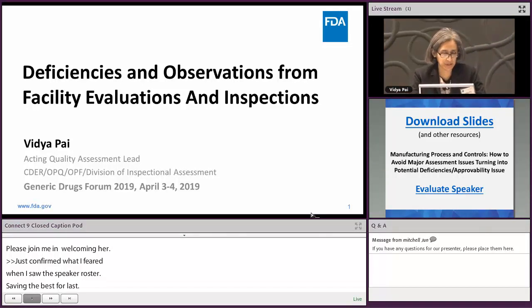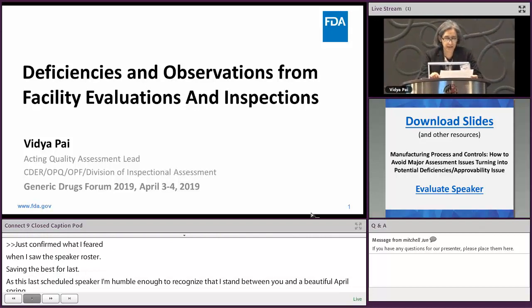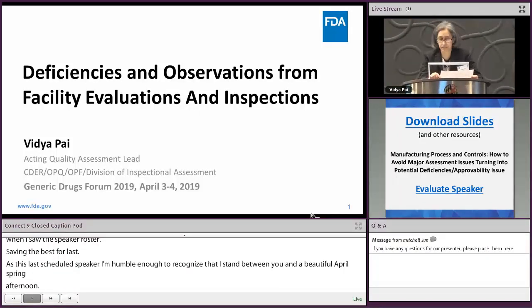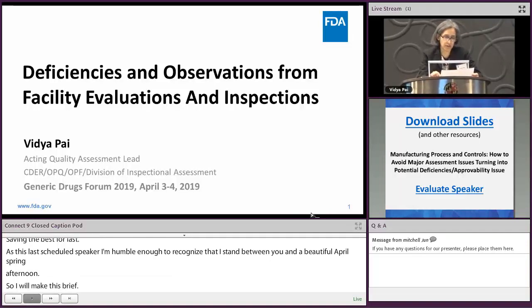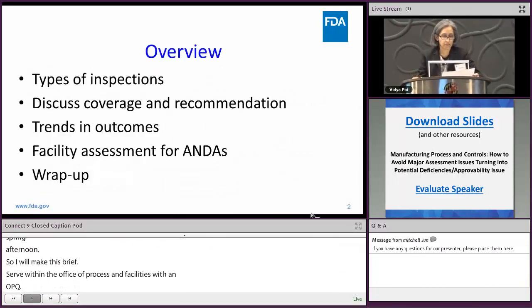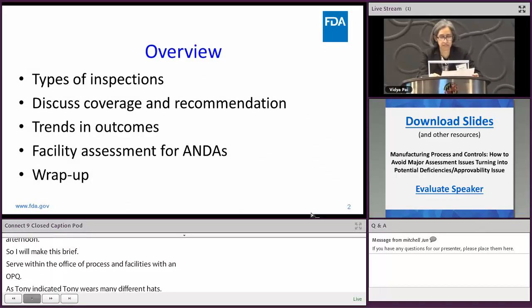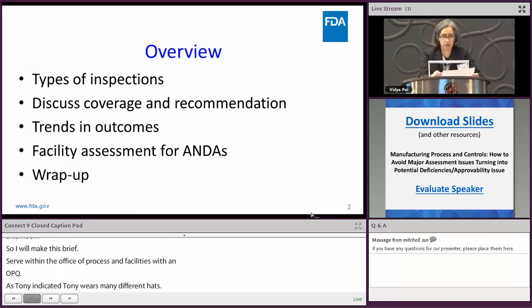Like Tony, the speaker before me, I serve within the Office of Process and Facilities within OPQ. And as Tony indicated, our reviewers on a day-to-day basis wear many different hats. Today, I will speak at a high level around the review of facilities, specifically talking towards deficiencies and observations from